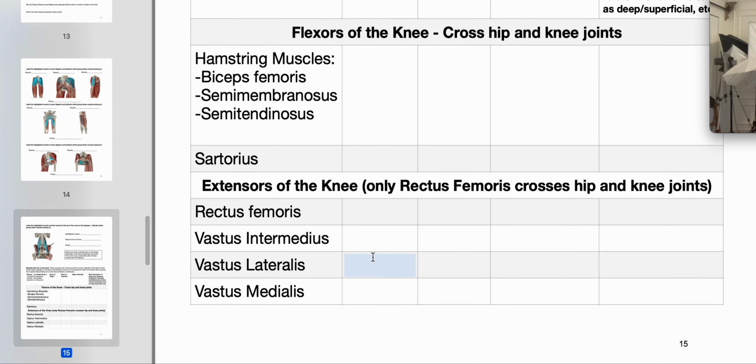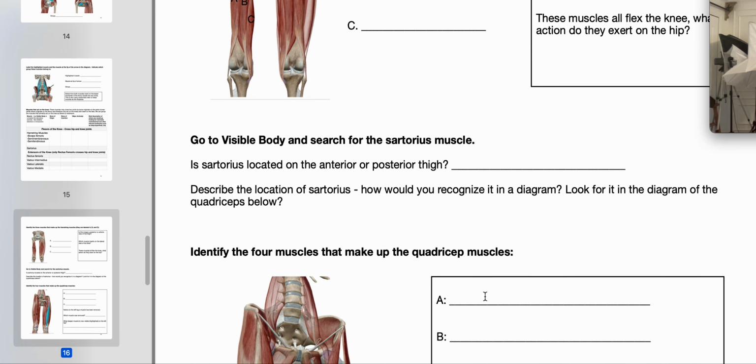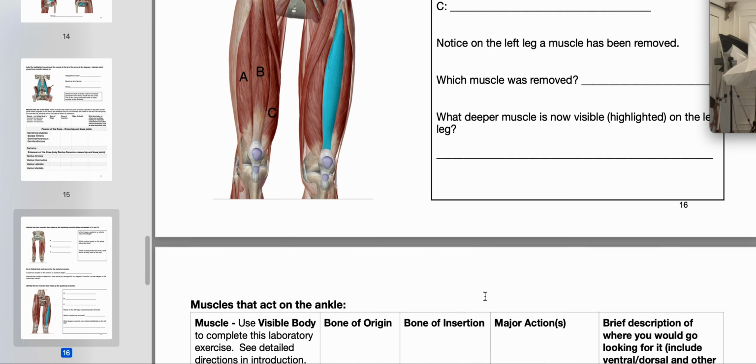Again, notice they are all grouped together, so you only have to memorize one action for all of the muscles that are in that compartment, so a lot less to memorize. Here's an opportunity to label those muscles so that you can recognize them on the practical. And that goes for both the anterior and posterior,